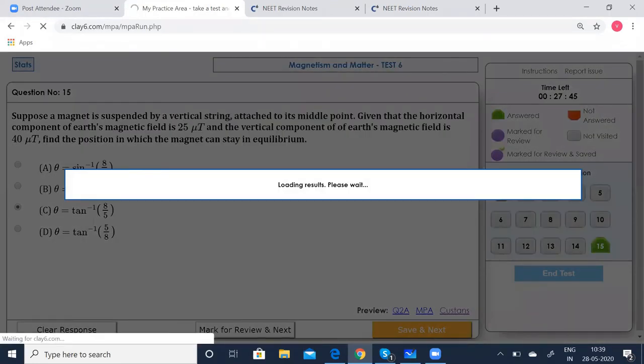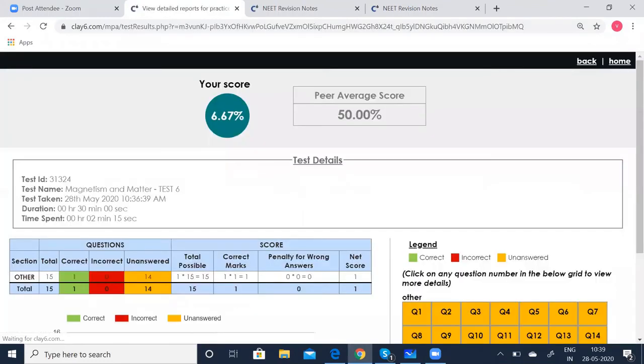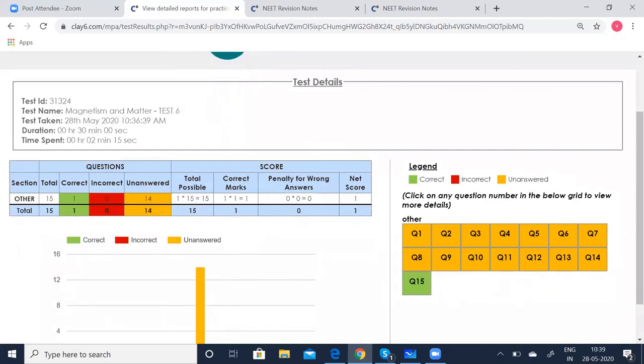You can see the results. Since we came down again, it is showing a different thing. Now you can see the yellow ones say that it is unanswered. We already answered all the questions in the previous attempt, then came to the test again, so that is why that happened. So question 15 was correct. Suppose it had been an incorrect answer, then that would show you a red color.